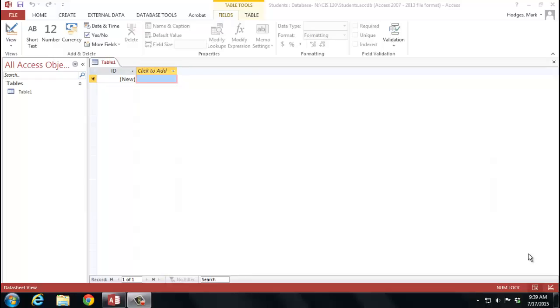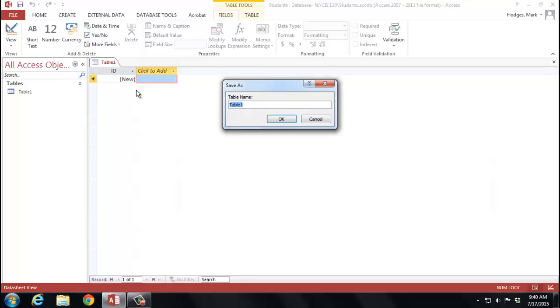At the very beginning here, it puts us in a view where we could just start typing information into our table, but we're actually going to design it and define what information should go in there later. So initially, we just need to save it. I'm just going to click the little Save button up in the top left,